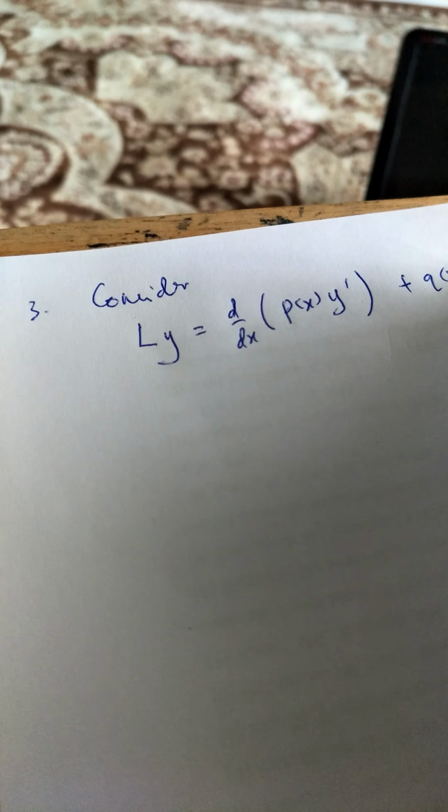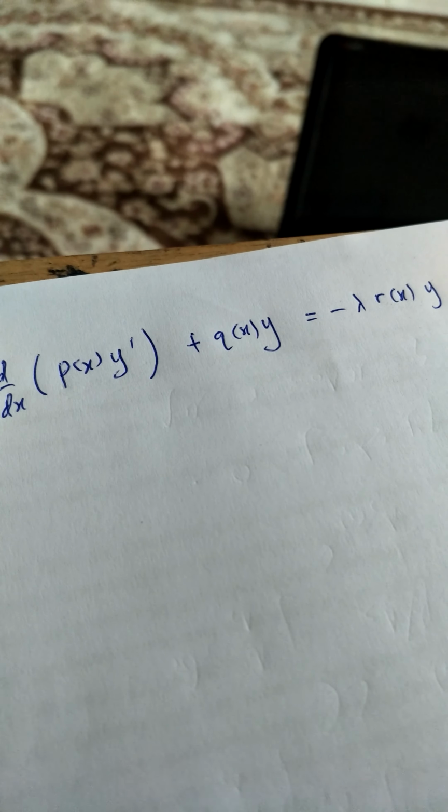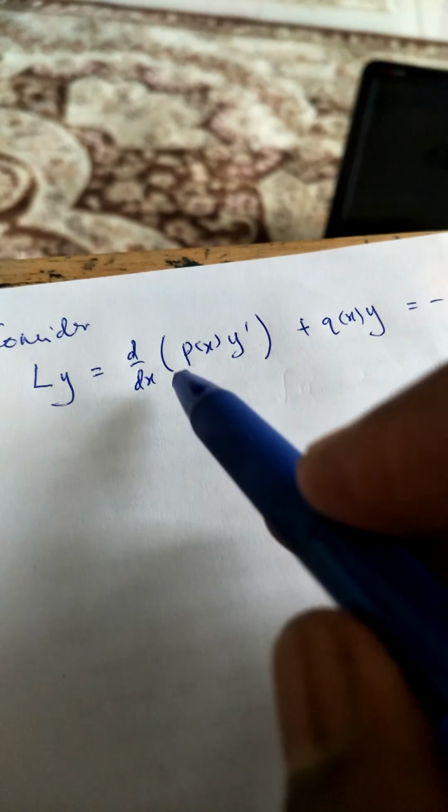So we consider that system: Ly = d/dx (p(x) y') + q(x) y = -lambda r(x) y, right? And subject to the boundary condition, or you can also write this as